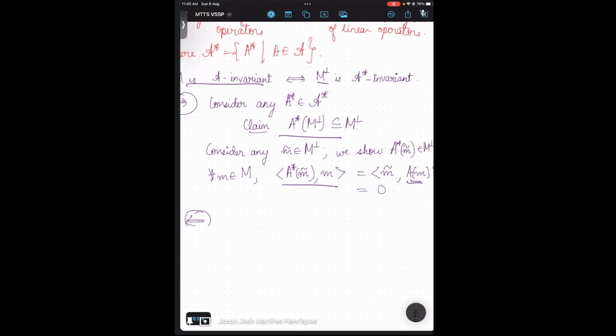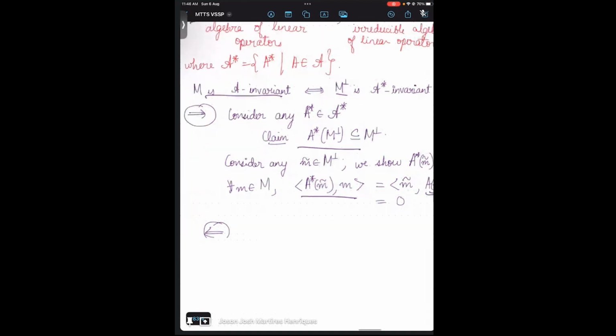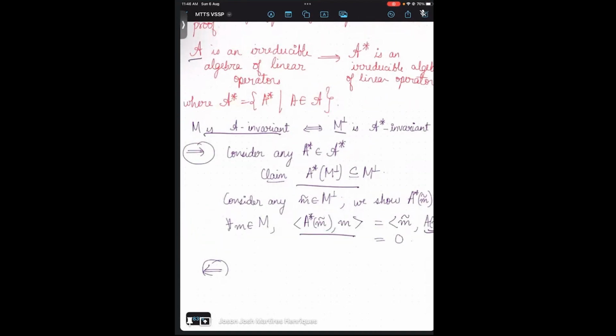I claim that the other direction proof follows similarly, because for the other direction, all that you do is you now treat this as your algebra and this as a subspace that you're considering. If I take star once again, I'm going to get the original algebra back. And if I take perp once again, I'm going to get the original subspace back. So we have that any subspace would be A invariant if and only if its orthogonal complement is invariant under the adjoint algebra. So if I start with an irreducible algebra,